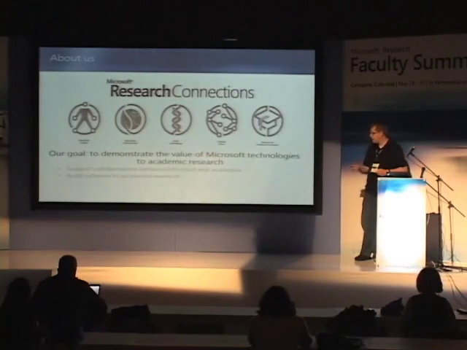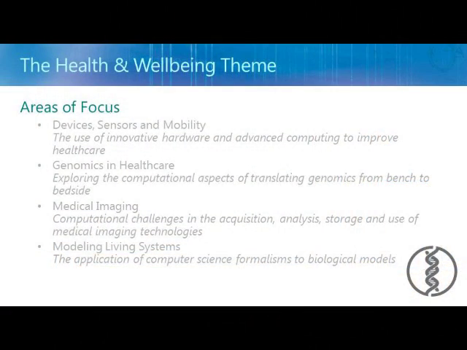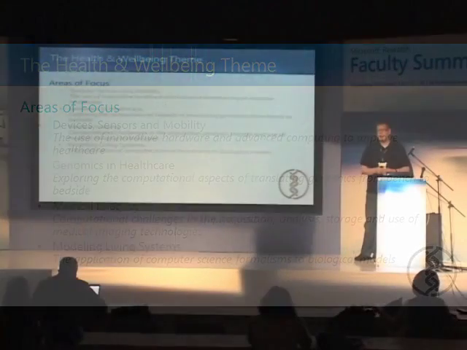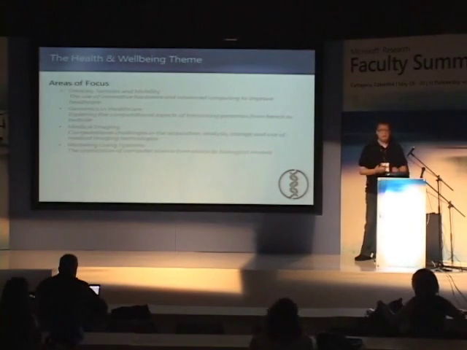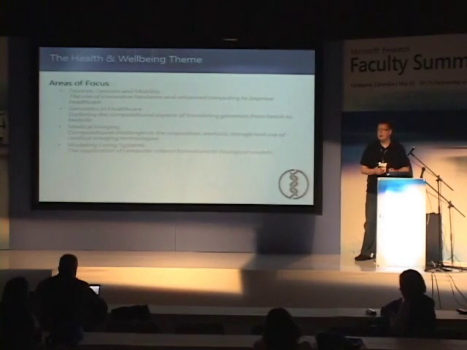So I'll just move on and show you the areas that we work in here. Now, this is within health and well-being, and essentially what we do is we think of the whole portfolio of collaborations that we offer as falling into four main areas. The first one is what we call devices, sensors, and mobility. And you've heard a bit about that, actually, if you attended Kristin Toll's Natural User Interfaces talk this morning,